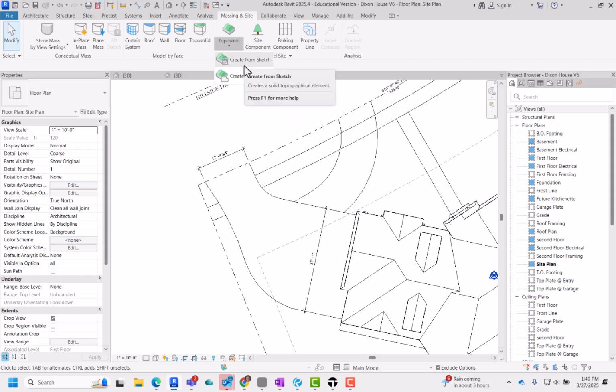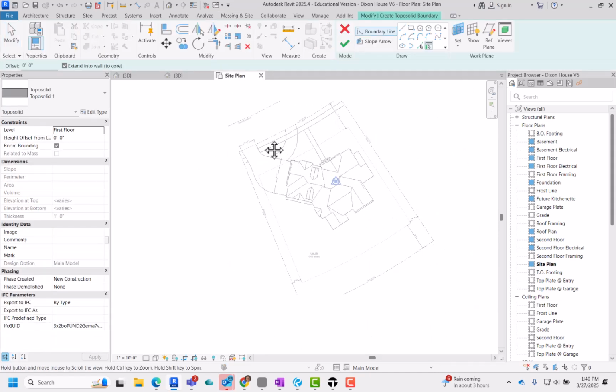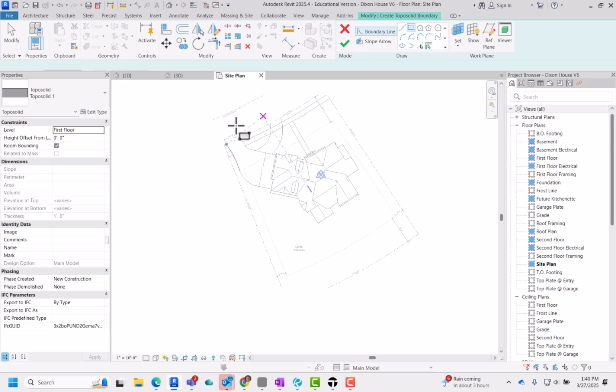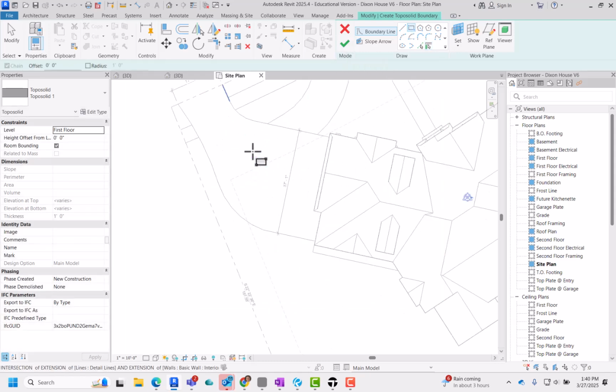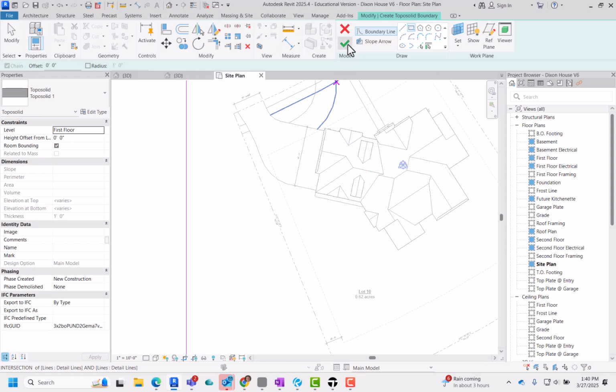And I'm sorry, I'm going to do this just really quickly. It's the last thing I'll do in this video, so if you don't need this part, you can skip ahead. But I'm just going to show it anyways. I'm going to create a topo solid from Sketch, and we just simply want some massive plane. Or again, you could just do the driveway alone, but if I create a sketch,